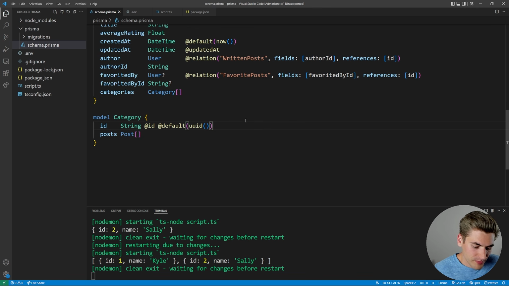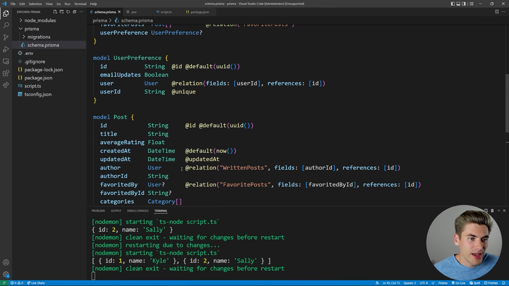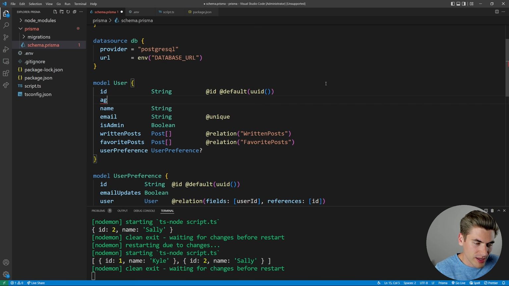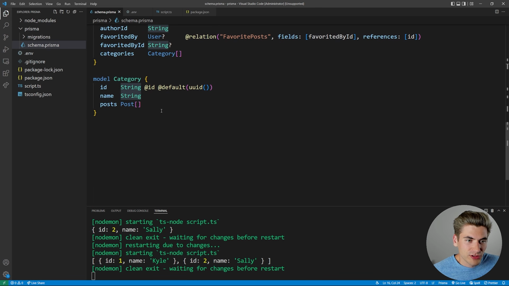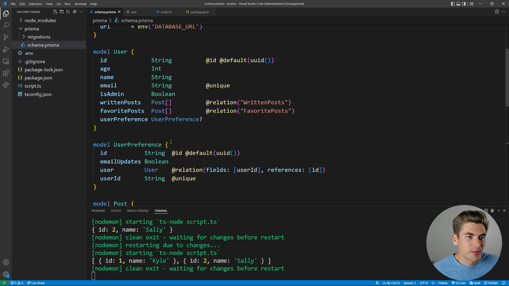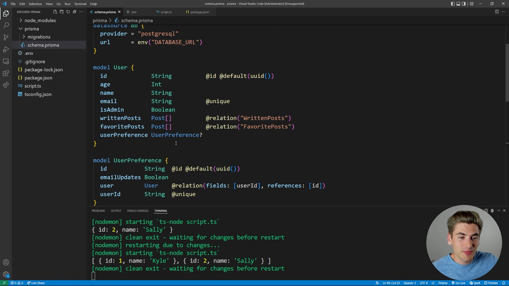Down here in our category, I want to give this a name, which is a string, and up inside of our user, I want to give our user an age, which is going to be an integer. Also, down here, I want to make this unique. So we're going to say that our name is unique. So that's going to be like the basic bare bones of our schema, but there's something else we can do